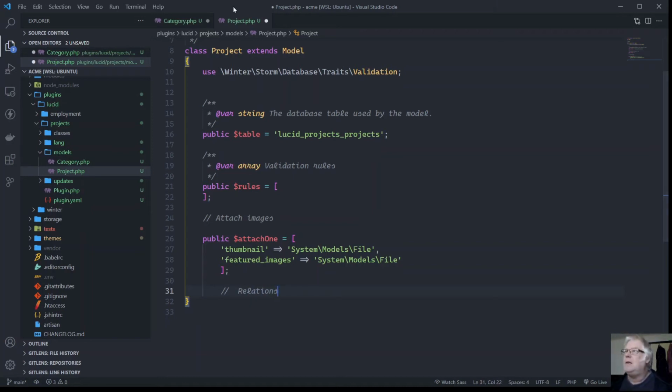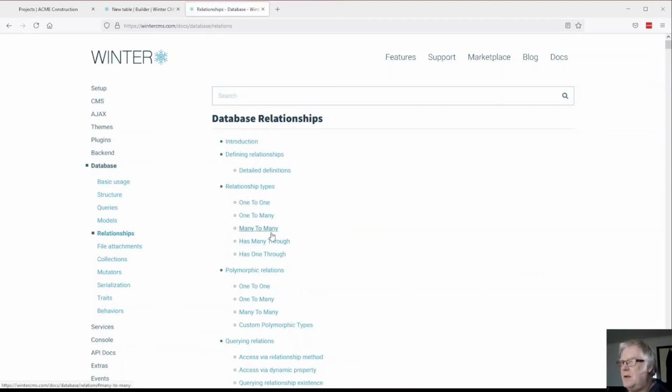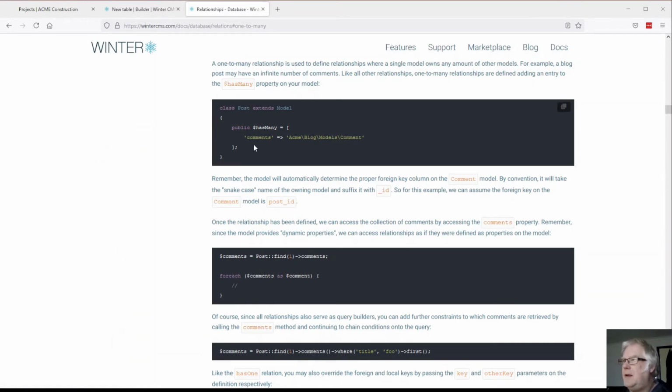Because what we've got is a project, and that project is going to have a category, and the category is going to have multiple projects, so it's going to be a one-to-many relationship, and we can see that in the documentation. If we go to relationships, here we go, we've just got a one-to-many. Now has many. Let's copy that and bring that back over to our